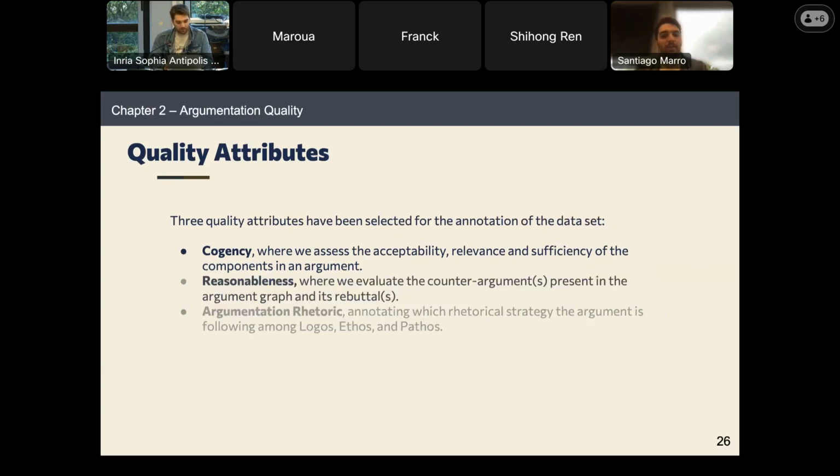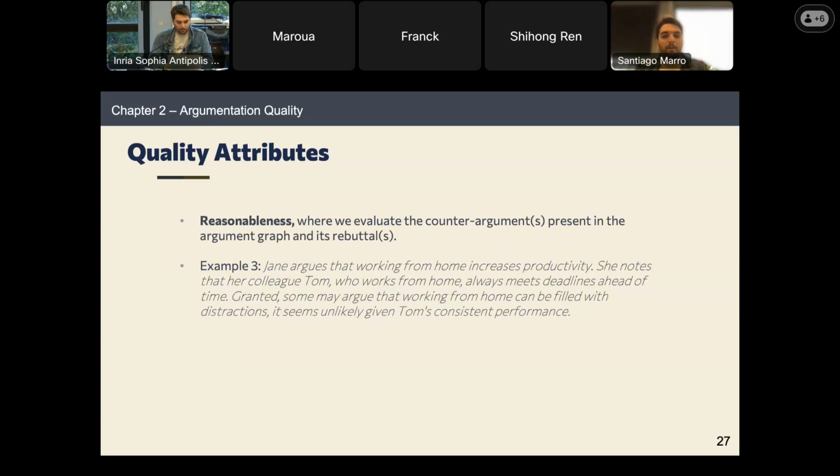Now going to the next quality attribute, the reasonableness. Here what we evaluate is the presence of counter-arguments. As we discussed, a good argument should anticipate counter-arguments, and include the rebuttals that the writer is making. We have seen examples of this already, but I have another one here where Jane argues that working from home can increase productivity.